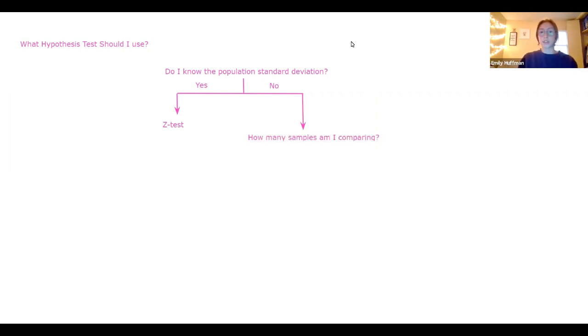And then our next question is going to be, how many samples am I comparing? If you look in your question or you answer yourself in your mind, one, then this means you are going to do a single sample t-test. And if our answer is two or more, we are going to use another different type of t-test, which leads us to our next question of